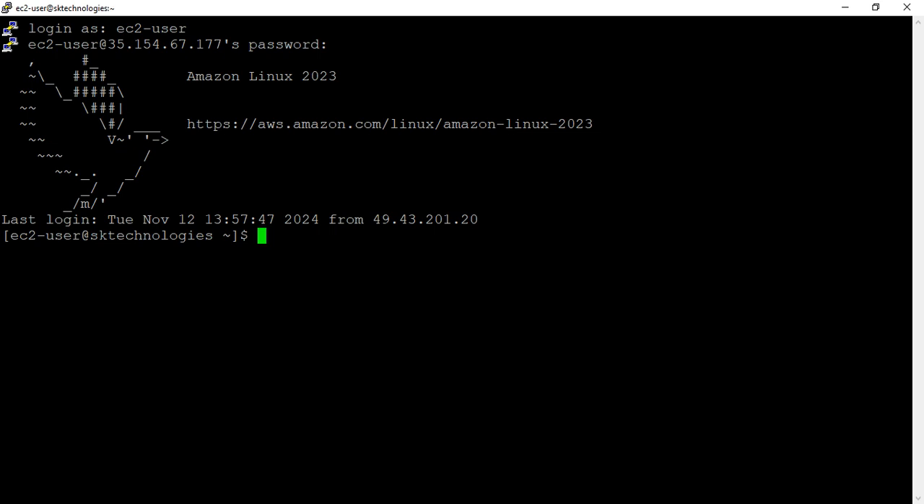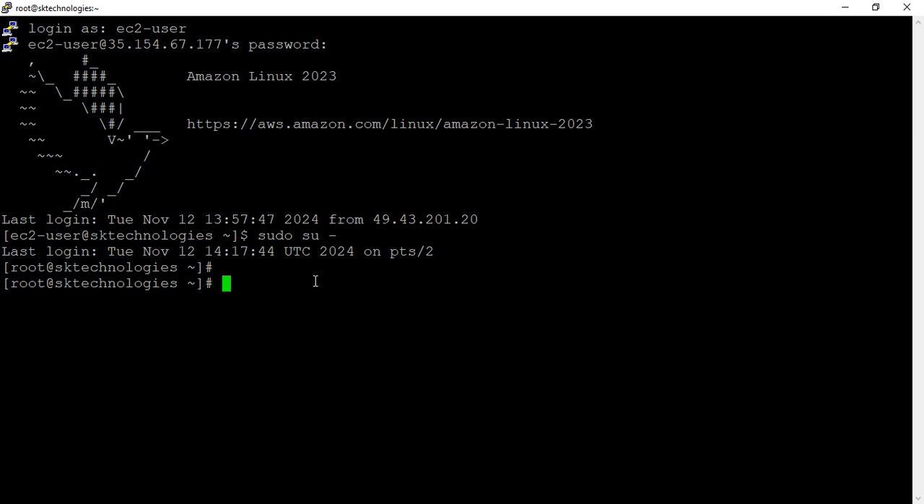Okay. So now if you run this command, let me switch to root, to avoid that permission denied message. If you try with the EC2 user, definitely you will get the permission denied message. Fine. Now